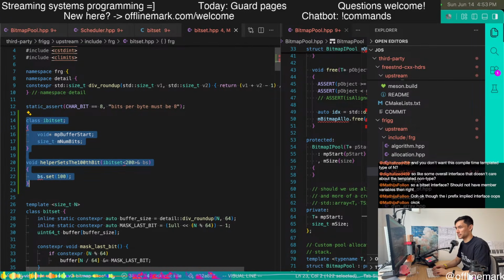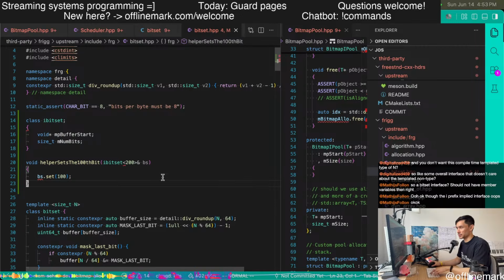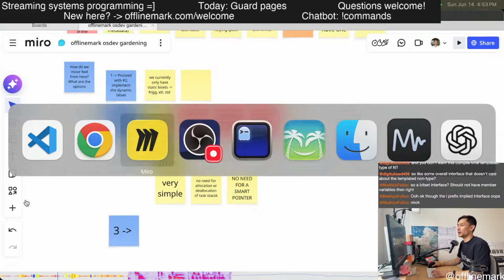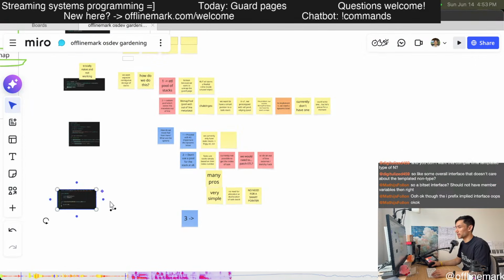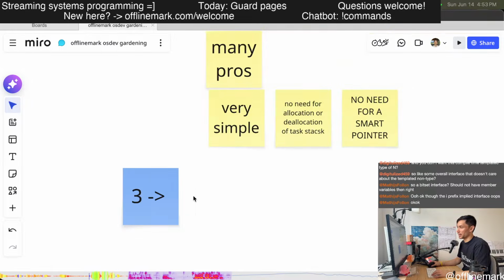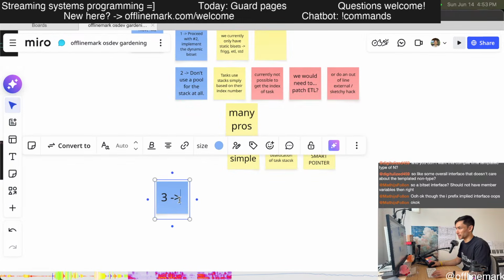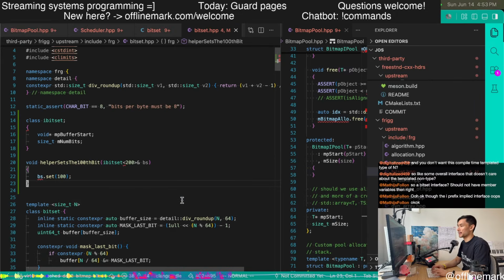Hopefully I'll just screenshot that in case we need to reference it again. But really there's actually a third option, and just for completeness, I'll write it out. Don't make task stack pool a templated type. And so my original idea